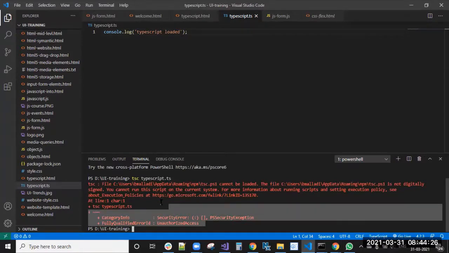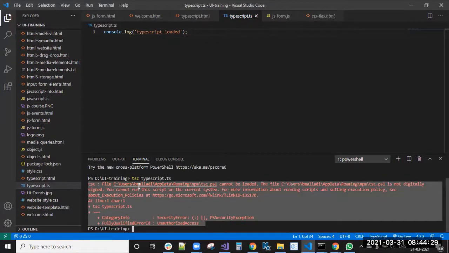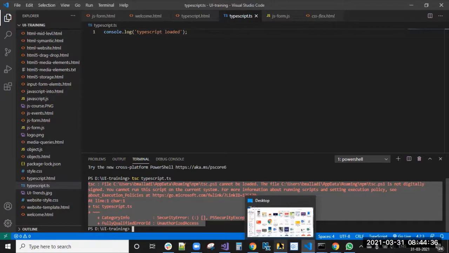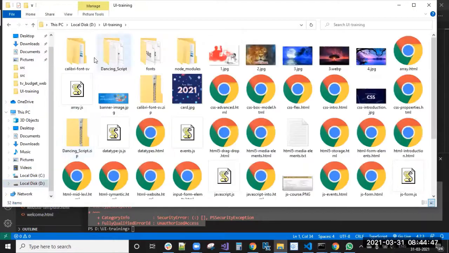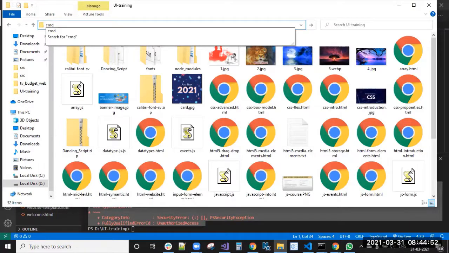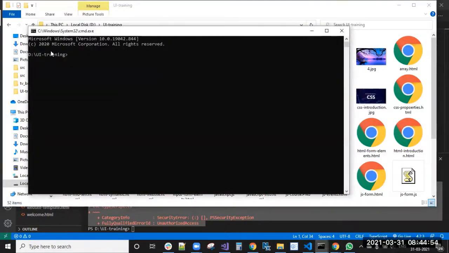So I'm getting some error actually, unauthorized access. So I'm not going to use this Visual Studio Code now. Not only now, previously also I was getting these execution unauthorized access errors. I will fix this tomorrow. So what you can do is go to UI training here. Yesterday what we did, right? Similarly, use the cmd command so that we go directly to that folder. Here, tsc